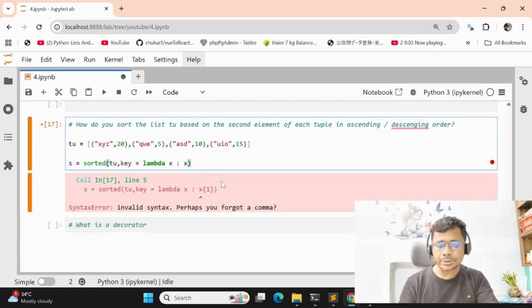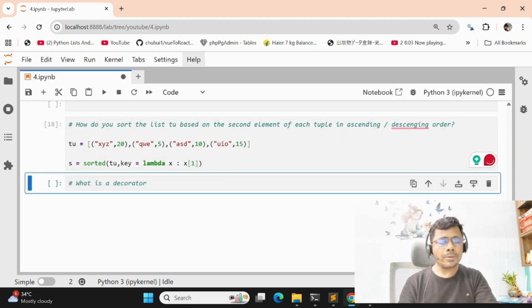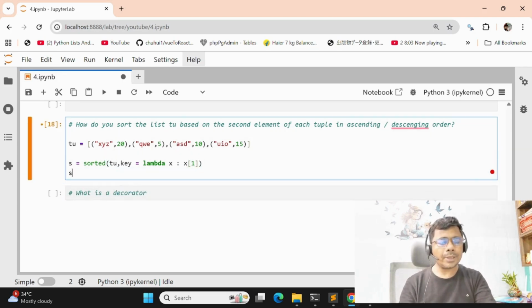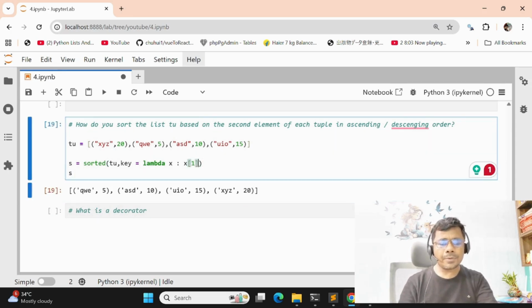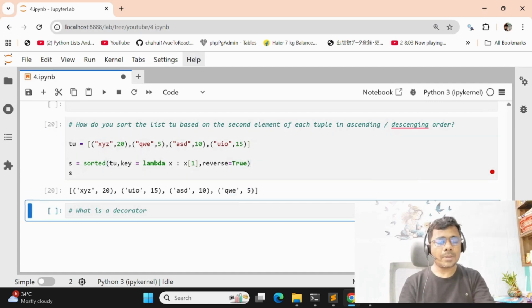The output will be sorted by the second element: 25, 10, 15 and 20. I think you understand sorted. Then define comma reverse equal to True, then first print this. This is the ascending order, the output will be 20, 15, 20 and 15.